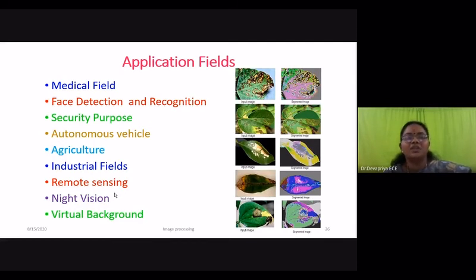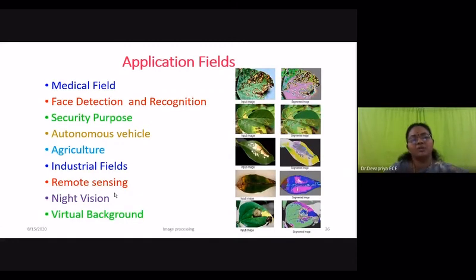Face recognition says who it is, whether it is Devapriya or Srihari. When you take photos and you have registered your name with the face, then whenever you capture an image, it says whether it is Devapriya or someone else.